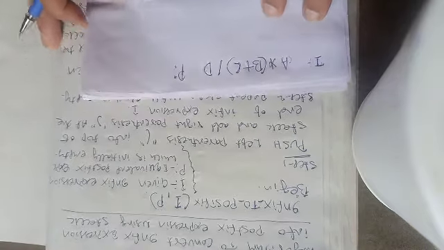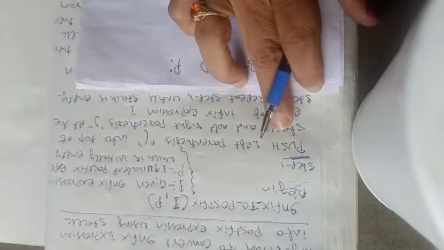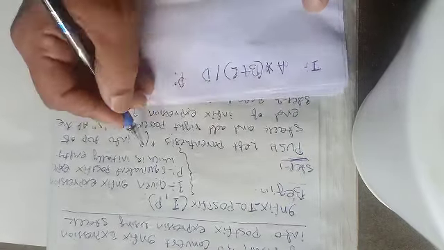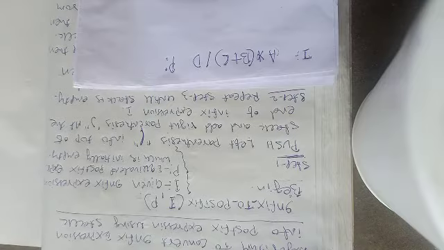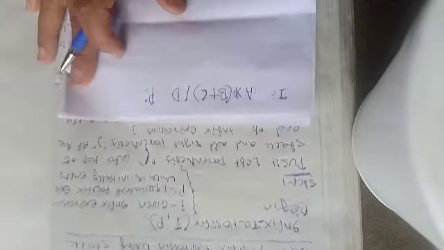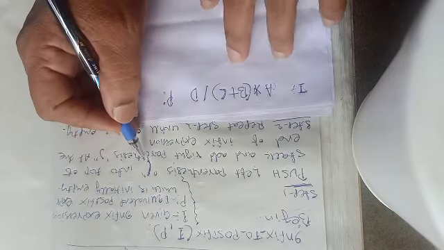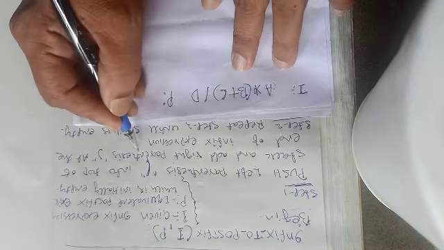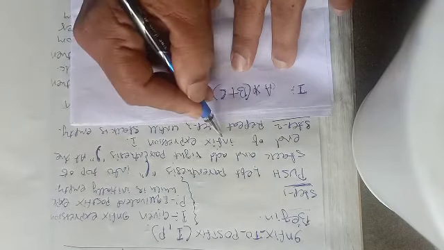Now, what is step 1? I have written here begin and then step 1. The first step of my algorithm suggests that you push a left parenthesis, this symbol, onto the top of the stack. So we have to use a stack, and our first objective is to push a left parenthesis onto the top of the stack, and then add a right parenthesis symbol at the end of the infix expression I.